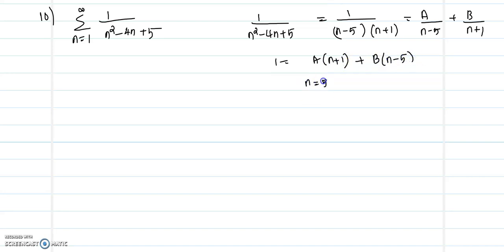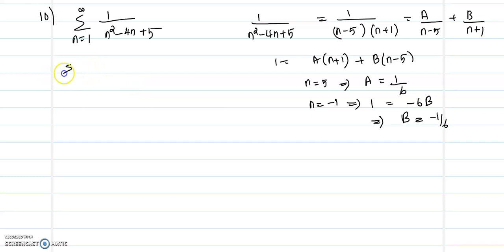So if n equal to 5, we will get 1 equal to 6 times a, so a is going to be 1 by 6, and if n is minus 1, this quantity will be 0, we will get 1 equal to minus 6b, so b is going to be minus 1 by 6. So the series will become summation n equal to 1 to infinity